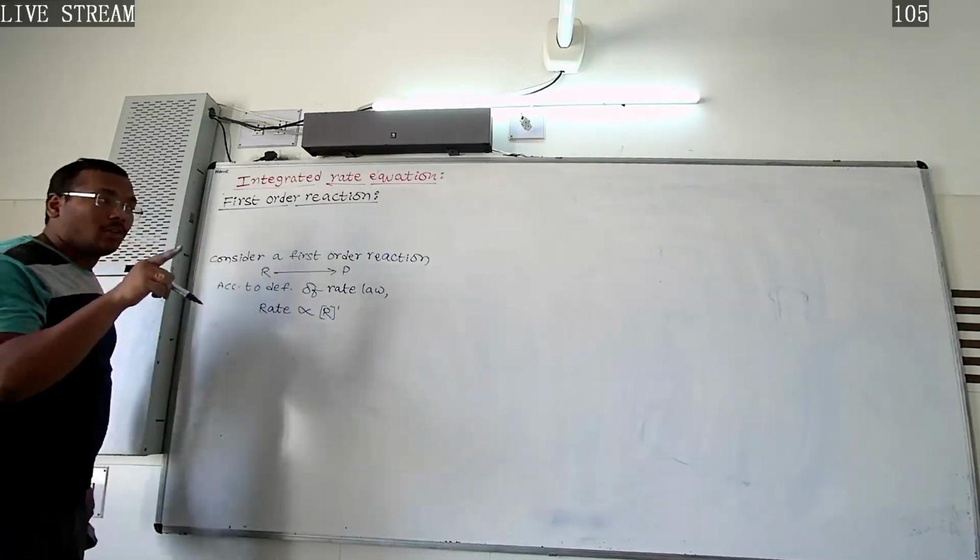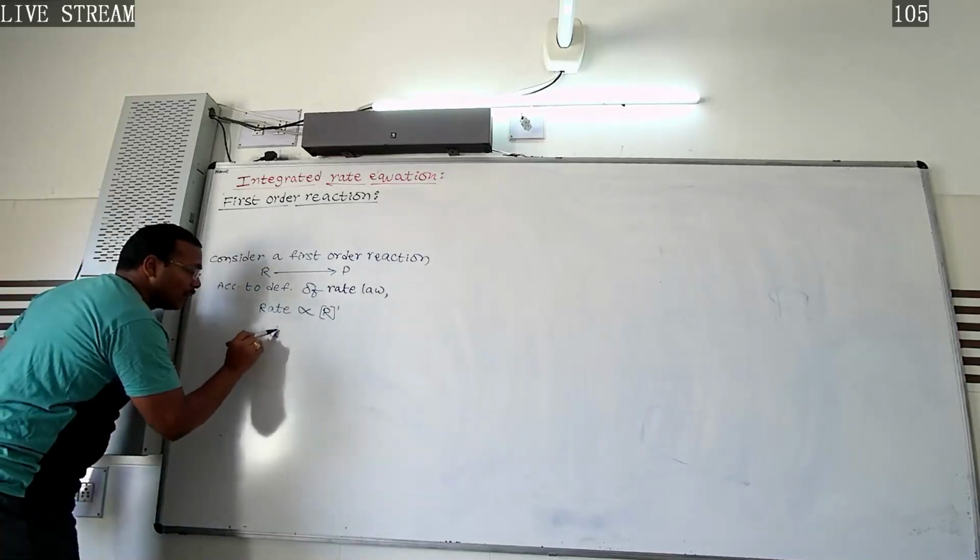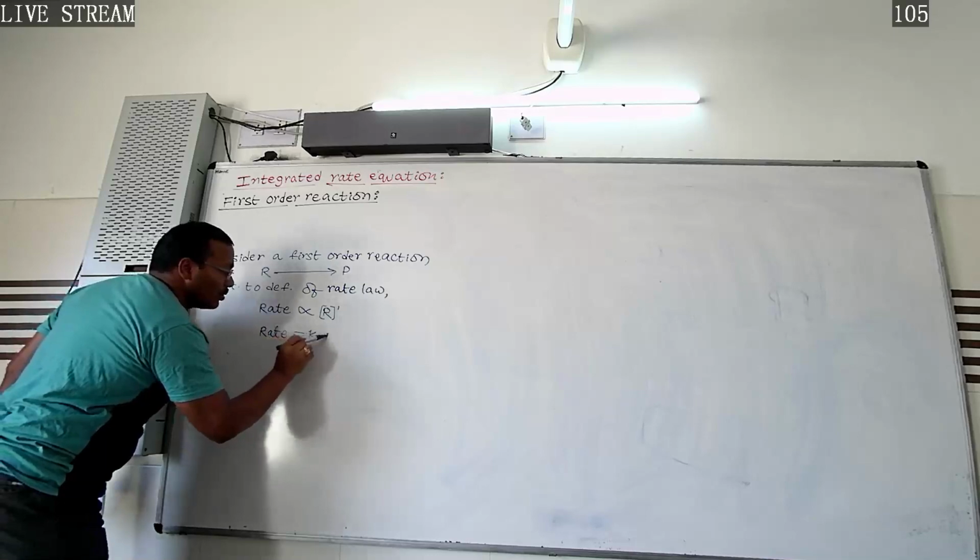Last time we wrote power 0 because it was a zero order. Now it is power 1. So now the rate is equal to K into